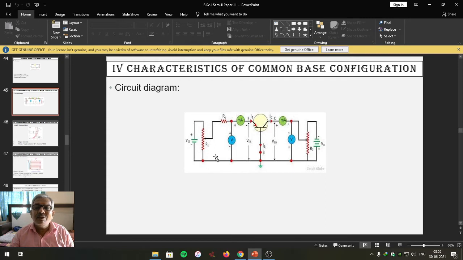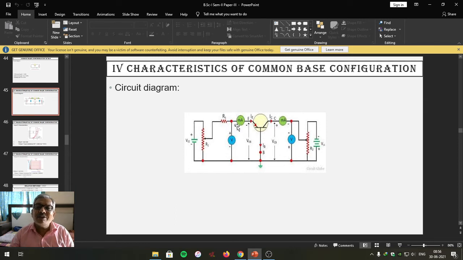Dear students, the input rheostat and output rheostat are used to vary input and output voltage respectively. So this is the rheostat or potentiometer, we can say. RS is the current limiting resistance that is used to protect the BJT from damage. Here the base is common for input as well as output. This is the input, this one has the output section that is grounded. That makes the base of the BJT common for input as well as output. Hence it is used in common base configuration.